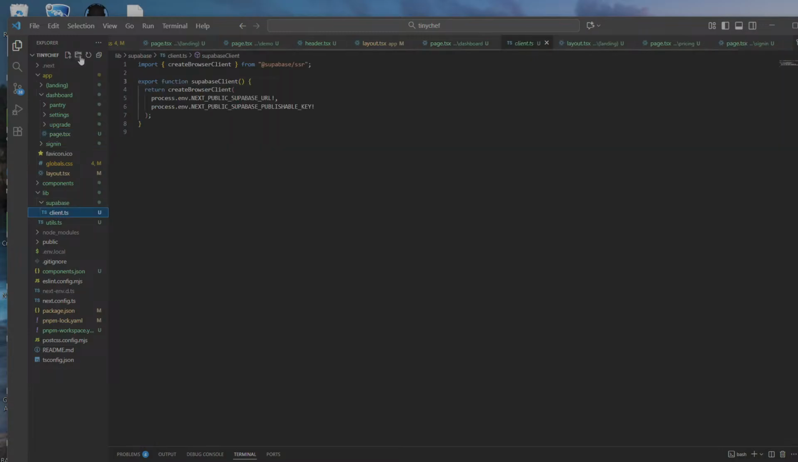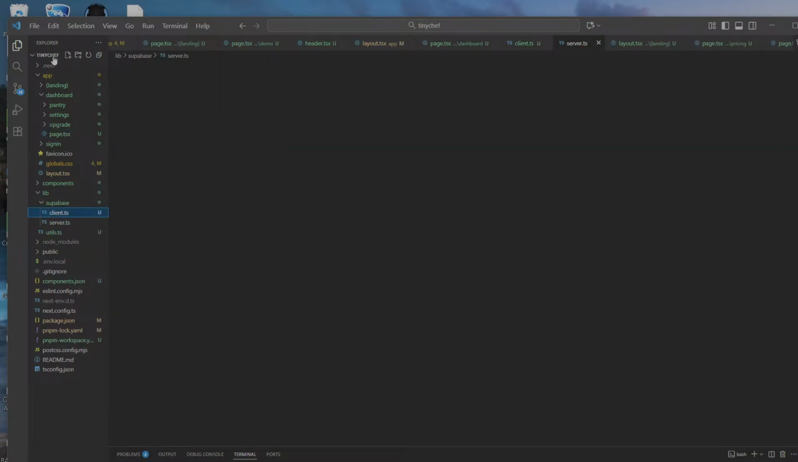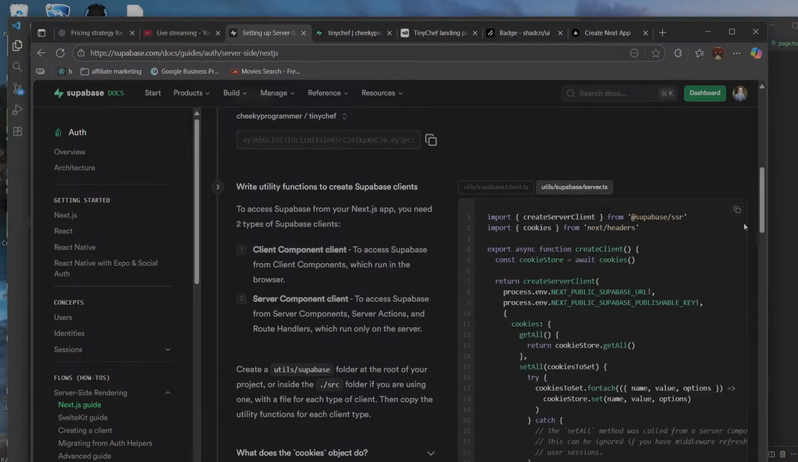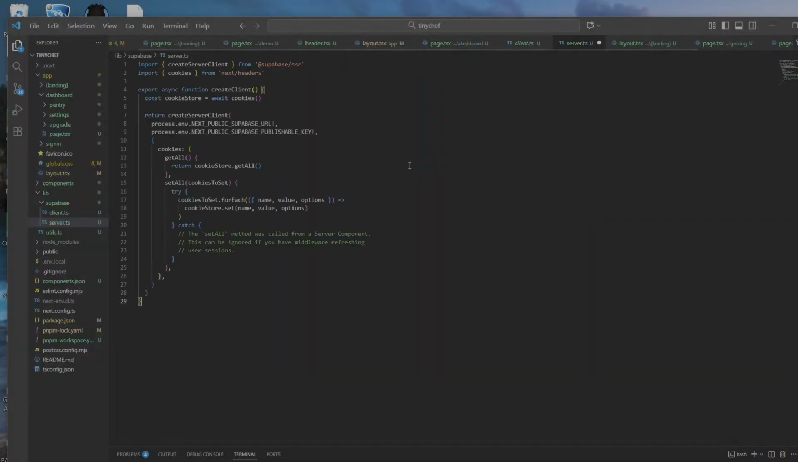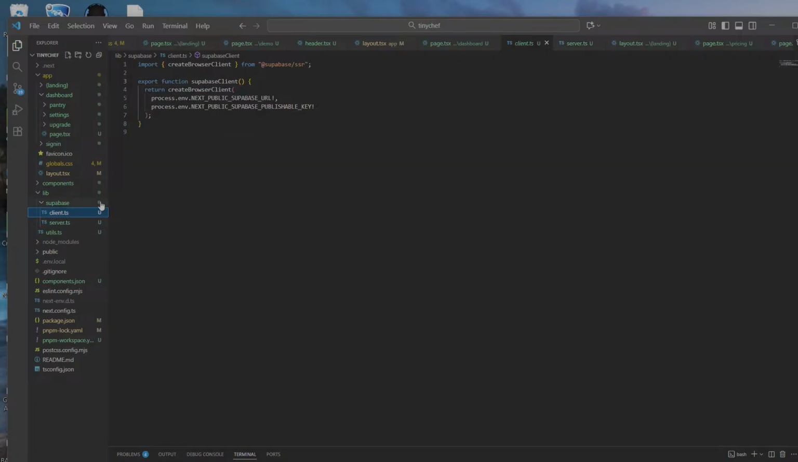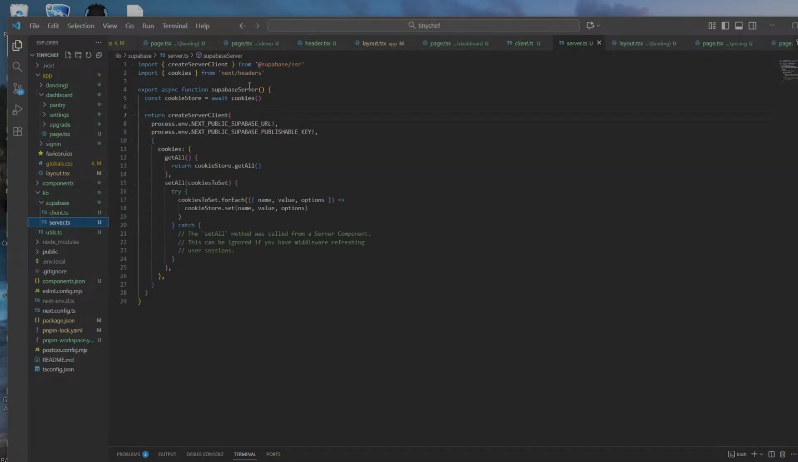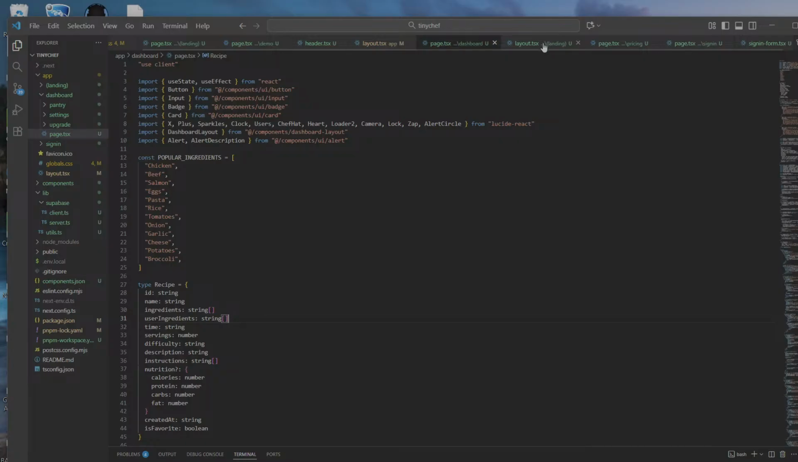And then I will make another file here called server.ts. And then I'm going to copy this here, paste it. And then instead of this create client, I'm going to call it Supabase server. So now we're going to have a Supabase client and a Supabase server. I just like leaving it that way just so I don't have to think too much about it. Okay,